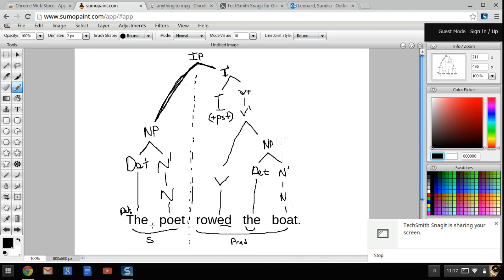When you diagram sentences like this, what it's doing is showing your awareness of how the words fit together in patterns. Notice we're not fitting poet with rowed. This isn't one phrase. And this whole structure shows that it's not. It shows what things connect to and how we conceptualize sentences. And I think that's very cool. So I hope you're finding it